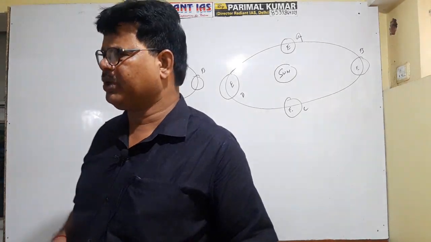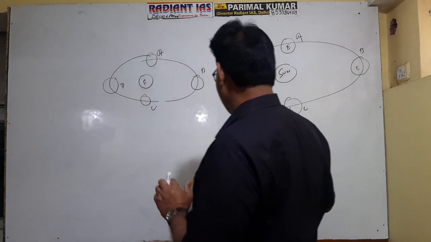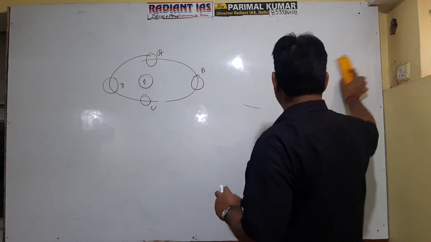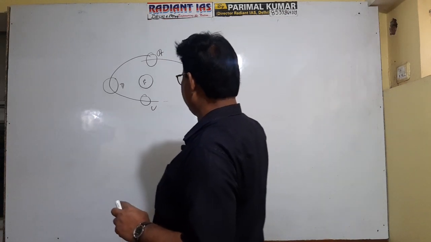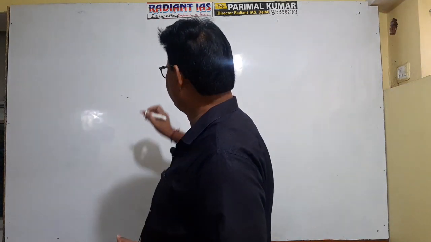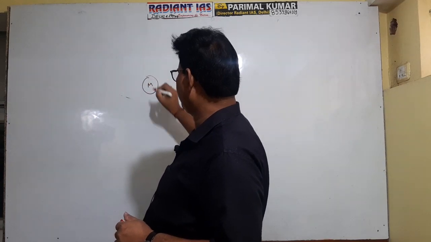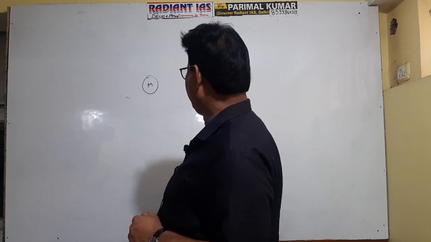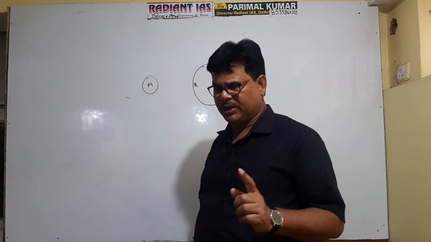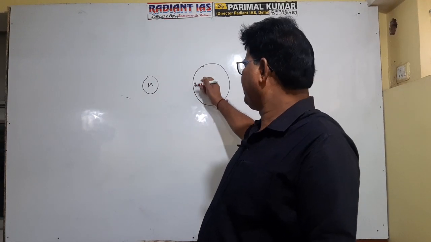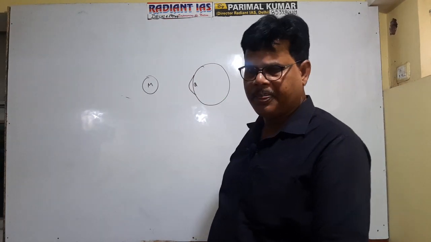At the same time, the tide at the same place is recorded after a gap of 24 hours and 52 minutes. Why? Suppose this is the moon and this is the position of the earth, and we are considering the tide at place A. Since A is closest to the moon, A will express the tide.